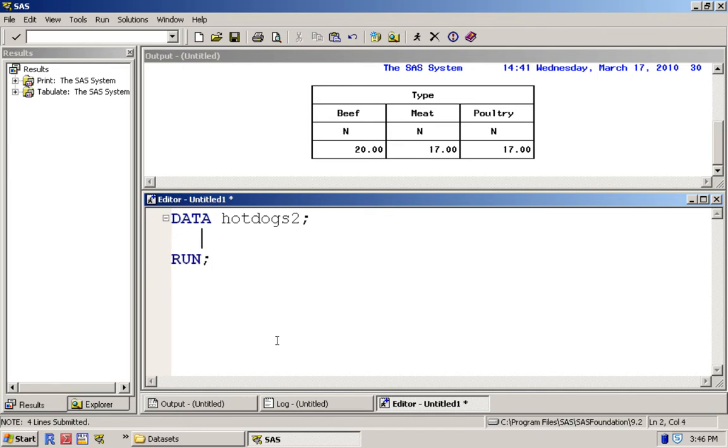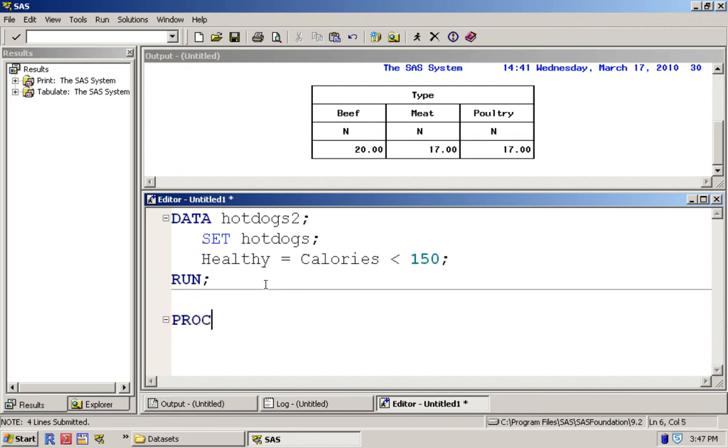Now I don't like to overwrite the datasets, so this is why I'm creating a second one called hot dogs 2. And when you write in set hot dogs, that tells SAS that the information is coming from this dataset. And I'm going to create a variable called healthy, and it's a true or false based on the condition of whether or not the value for calories is less than 150. Now if I want to overwrite hot dogs, I would just get rid of this 2, but I don't want to. So I'll run that, and if I take a look at a quick preview of it,